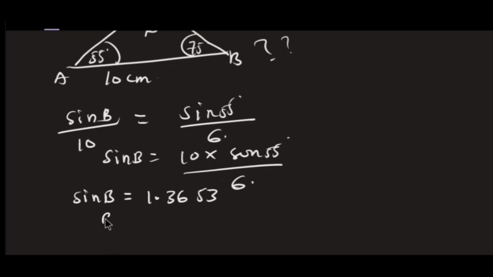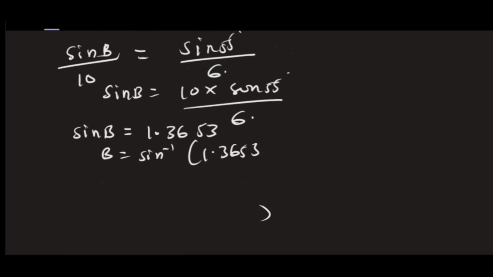So at this point, b is simply the sine inverse of 1.3653. And what is the answer? So my b is simply,